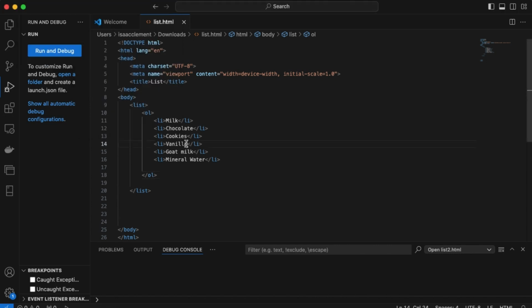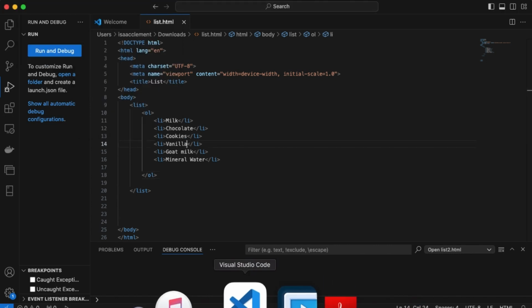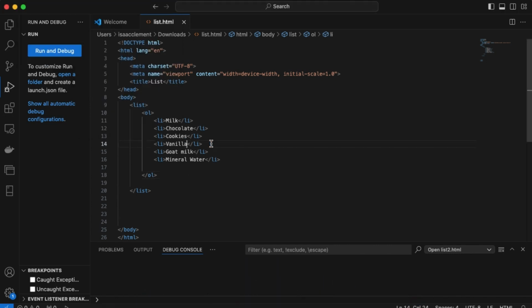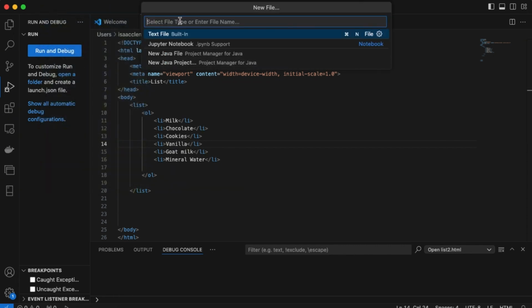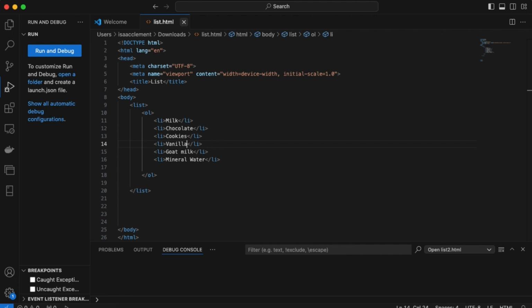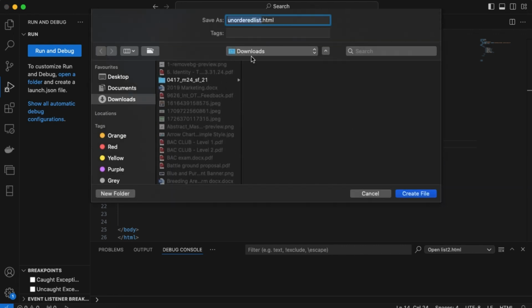So this is my Visual Studio. I'm going to click on new file, and it's going to bring out a dialog box. So you type unordered list.html and then click OK. So save it in your favorite folder. I'll just drop it in my downloads,